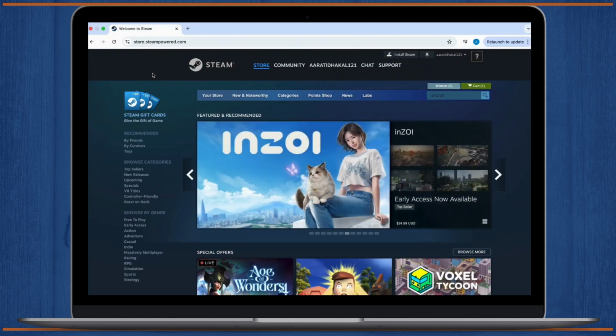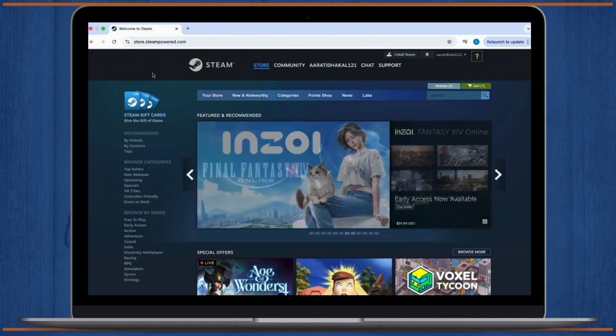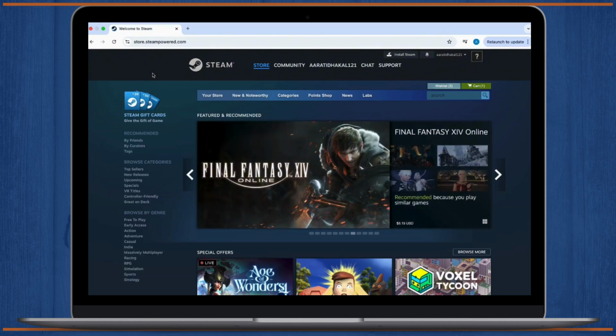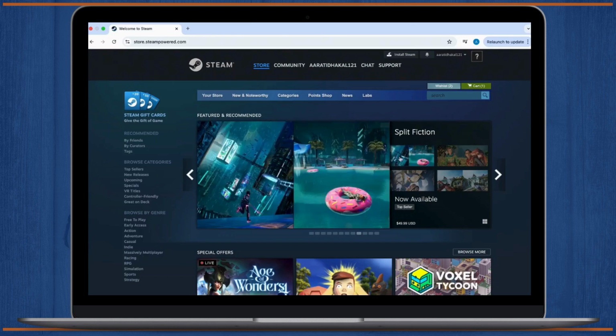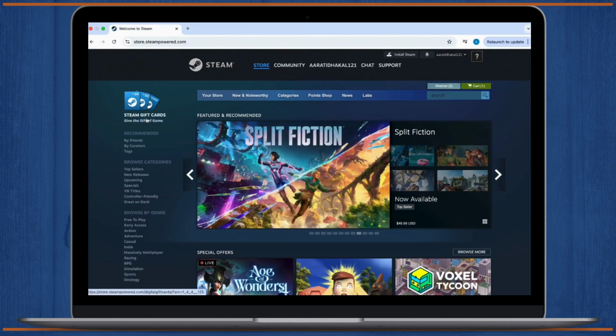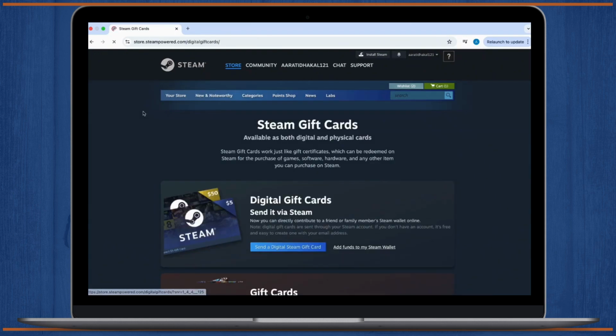First of all, open Steam. So go to any web browser and go to Steam and make sure you are logged in. Now once inside Steam, you can see the Steam gift card option available at the top left corner of your screen. Tap on it. Now once you tap on it, you'll be navigated to the section of Steam gift cards,